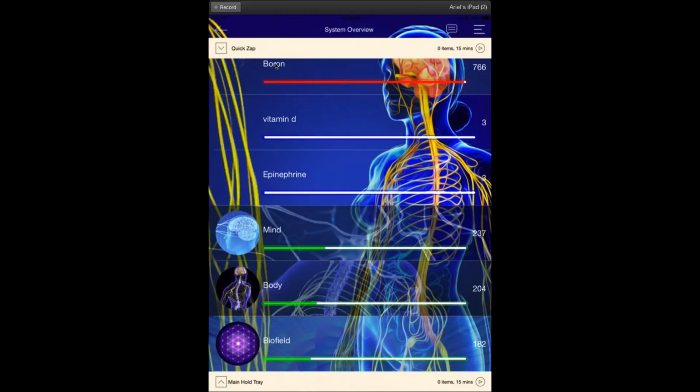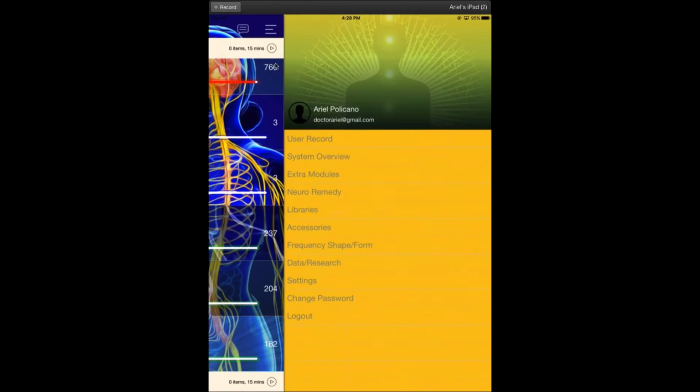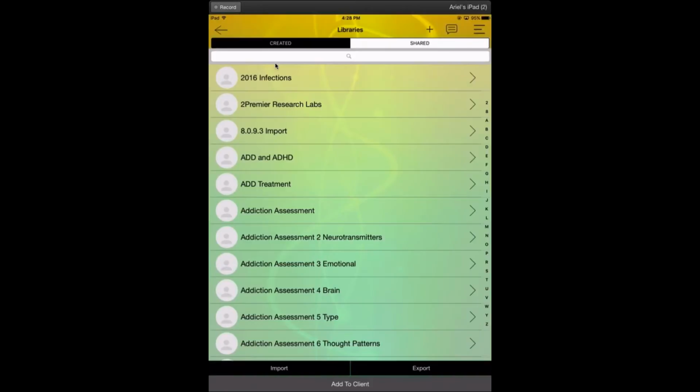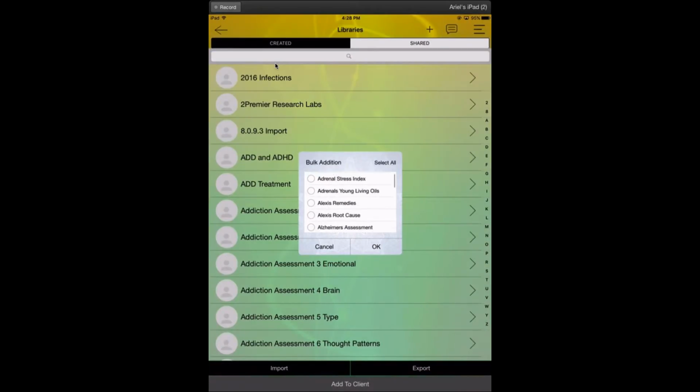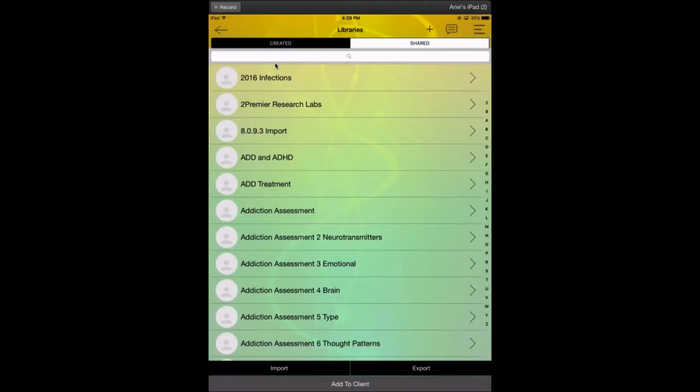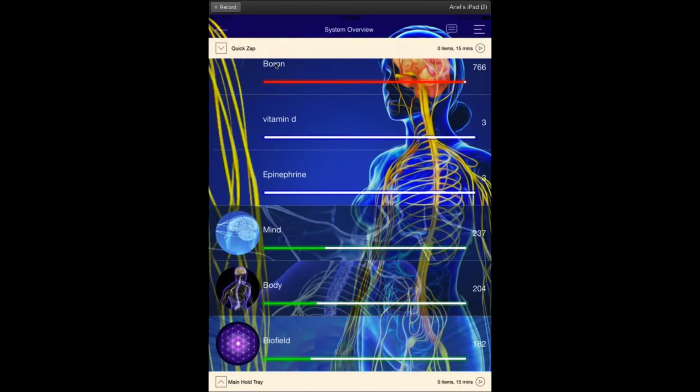Okay, so moving on. Then she says adding the libraries before the scan. So the basic thing for adding a library is supposed to be going here before you get started with the client, which I know that could be cumbersome because you don't know what you want to add. Then add to the client. And then you go through the list, and then bones, anatomy, foot, then you add it. It says 0 because, again, I think for this client I've added everything already.